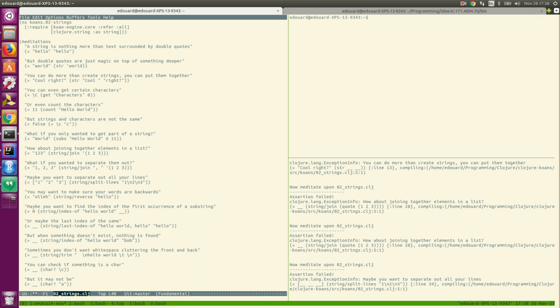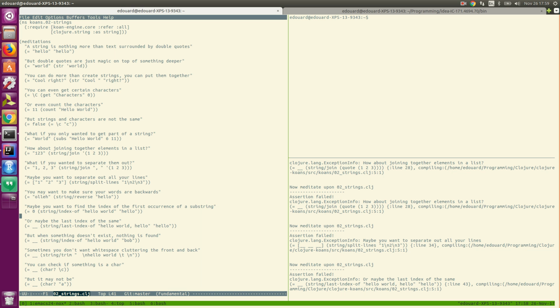String index of hello world. Maybe you want to find the index of the first count of a substring, so you could just write an H here, or you could write hello, doesn't really matter. And the last index of the same. Okay, so you've got to be careful, you've got to read it correctly. Last index of and index of, that's interesting.